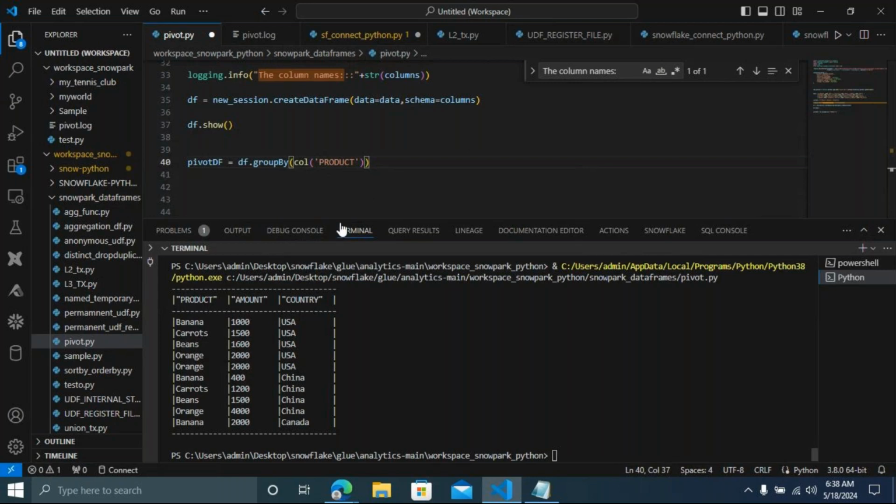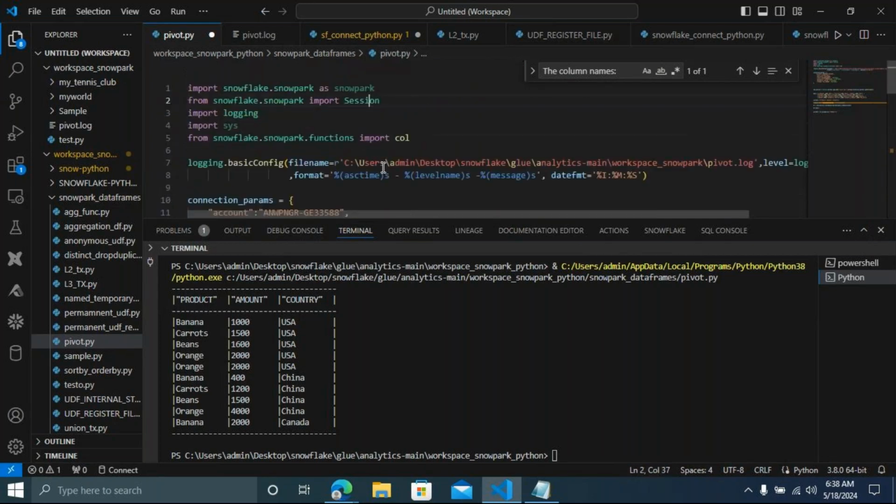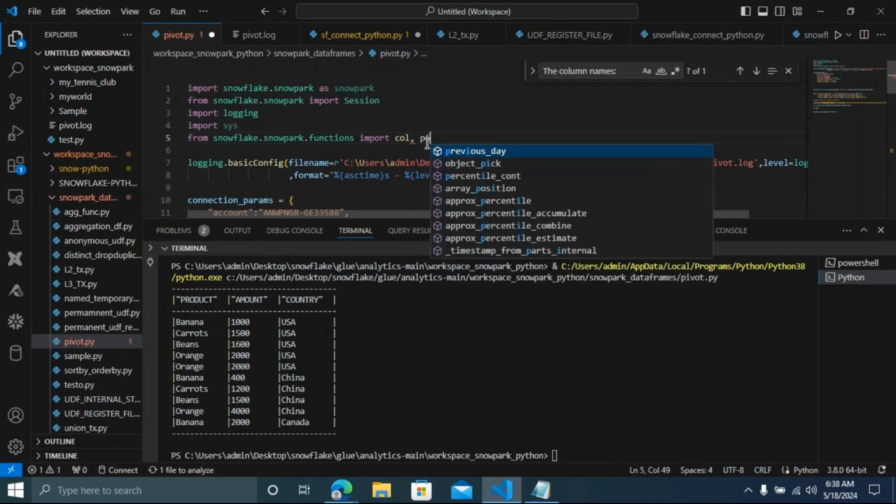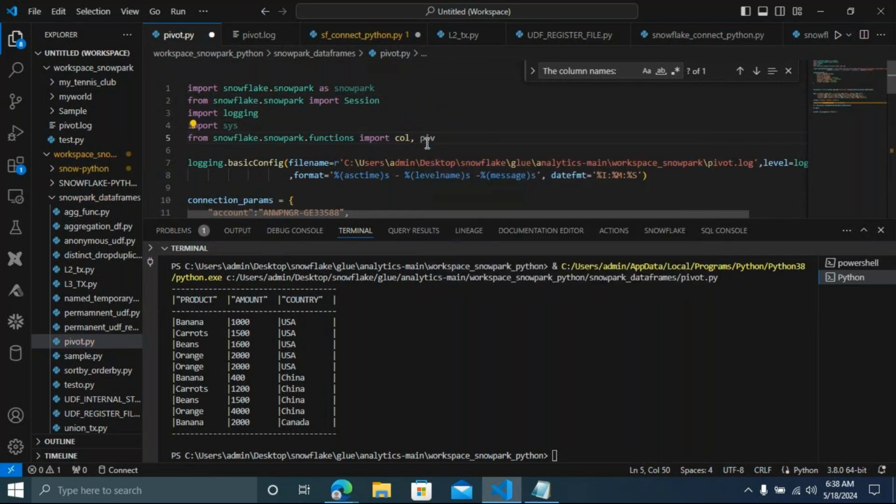Now I am going to use a pivot. For that, do I want to import a function? Let's put a comma. I think pivot is no need to import, I guess. Let's see. No need to import. I should import, right? Pivot